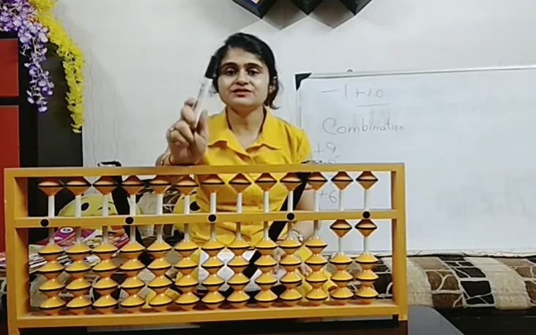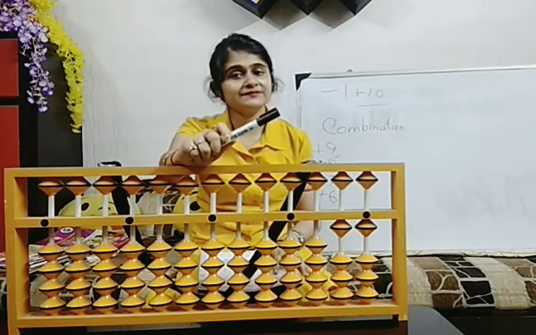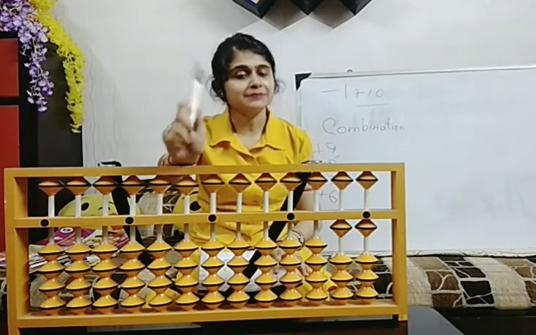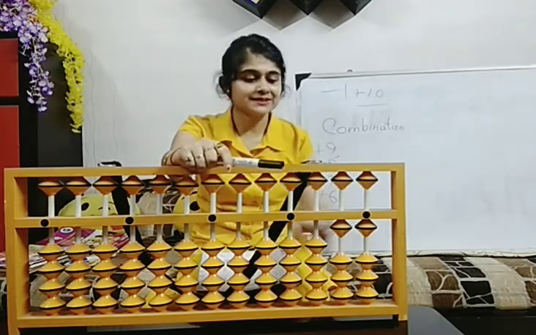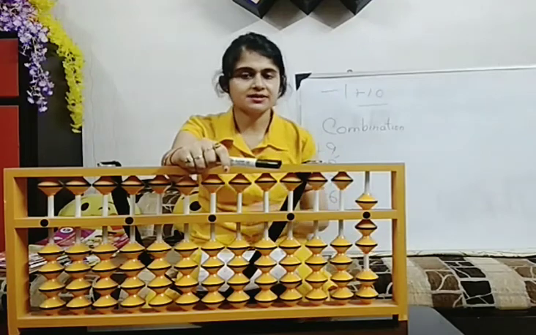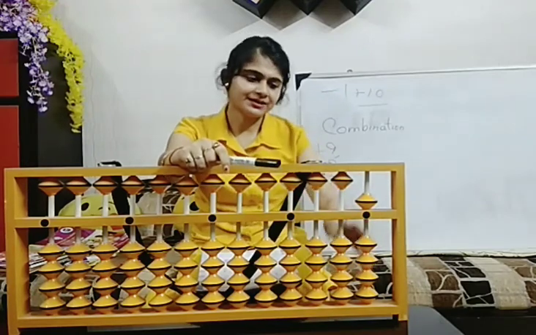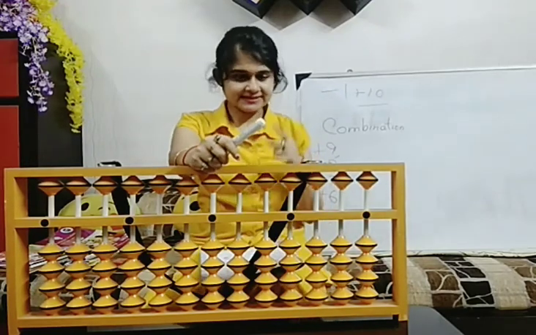Now I will do minus 4. Now children, minus 4, I will check the small friend formula. What is that? Plus 1 minus 5. Plus 1 minus 5 not possible. So I will move to big friend. Big friend says minus 10 plus 6. Your answer is 7. Okay. Clear about this. Next and the last one.